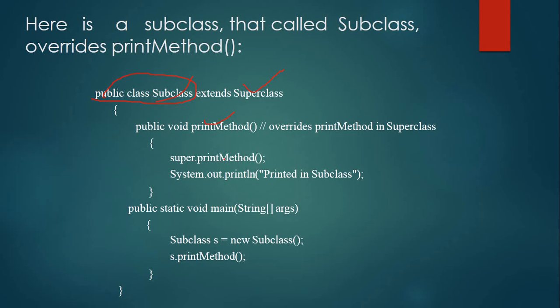In it, if we want to access the superclass print method, then without creating any object we can call the method of the superclass with super.print. We can directly run it, we can directly call it with the keyword super. Here we can say that we have not created any object of the superclass. We have directly called the method of the superclass using super.print. So this is the use of the super keyword with a method.